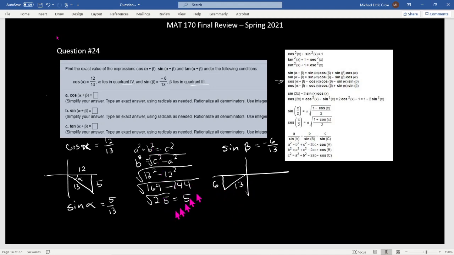Well, we use the Pythagorean theorem again, but this time we take the square root of 13 squared minus 6 squared, which gives us 169 minus 36, that's 133. Did I get that right? Let's see. Yeah, square root of 133,